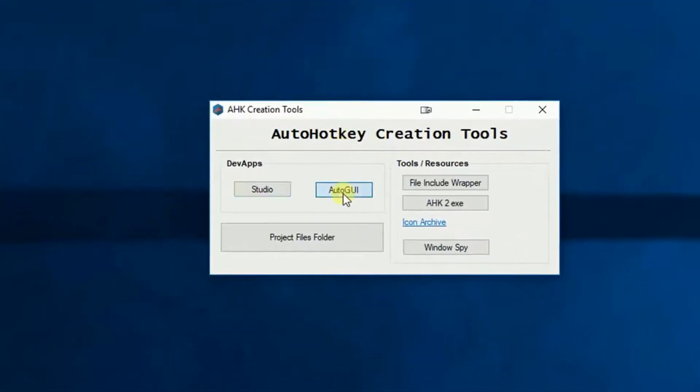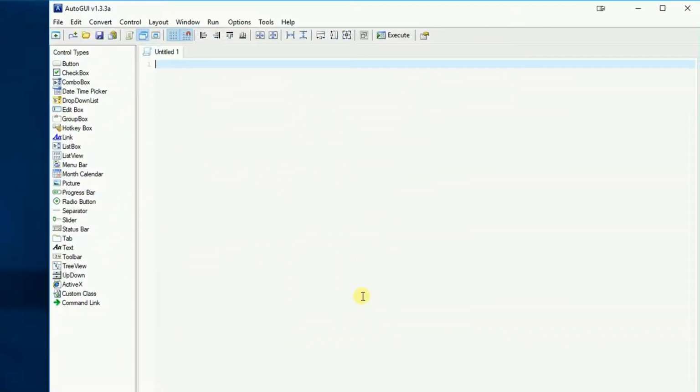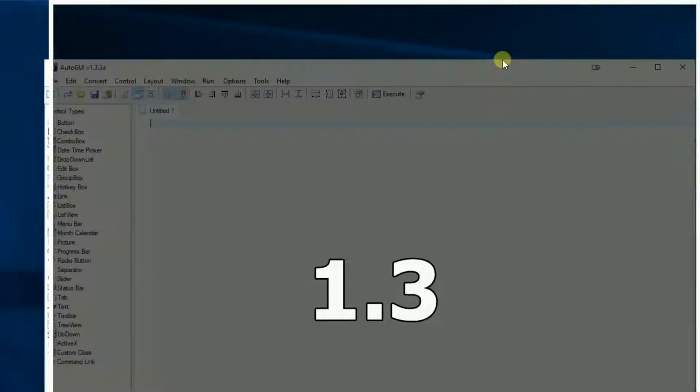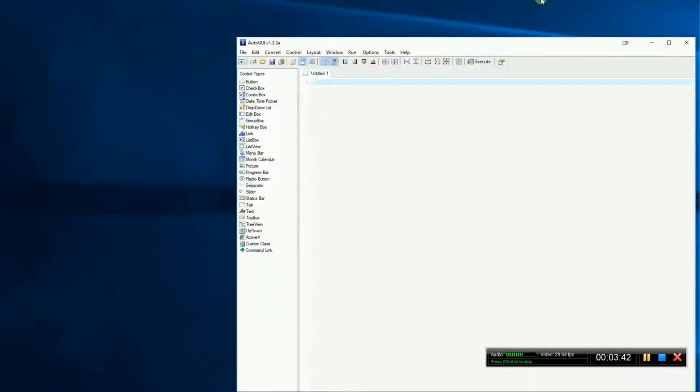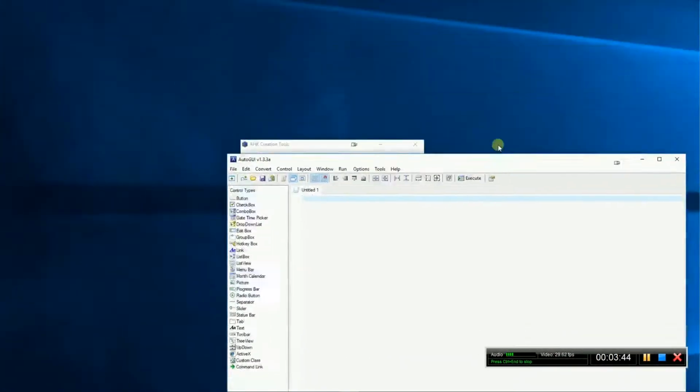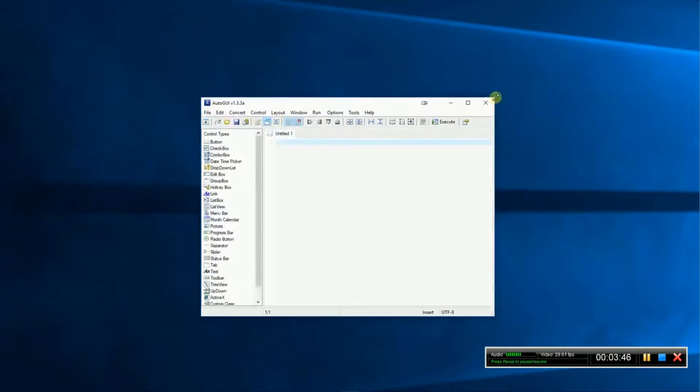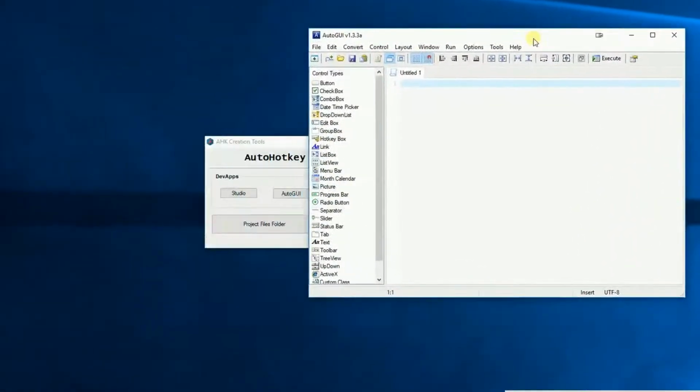So the other tool I use is the Auto GUI. Now I don't write any of the code or anything in there. Essentially, I just use this utility to create, I'll make it smaller, just to create my GUI windows. I find that this is not a great script editor or creator. It's great for creating a shell of your app if it requires a GUI. So this button here will show you